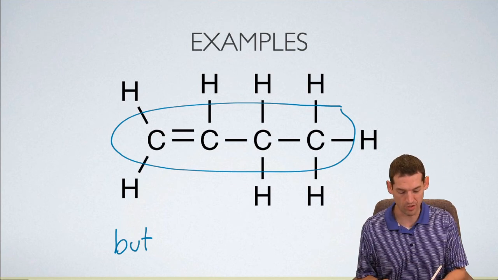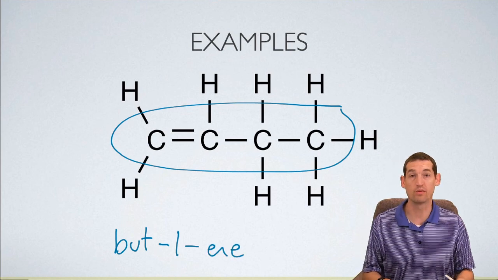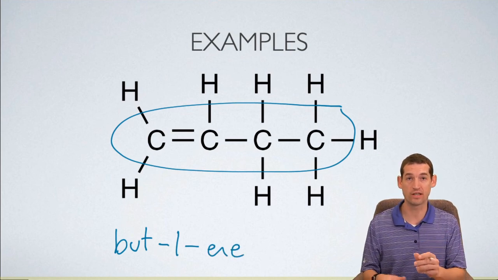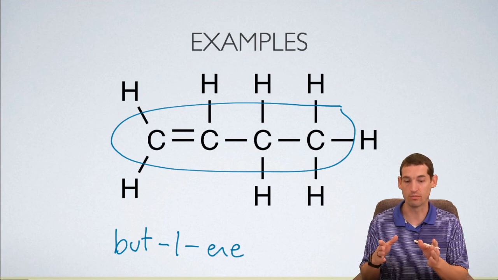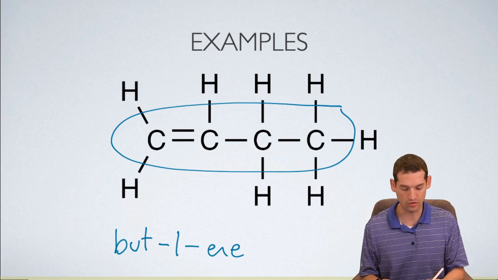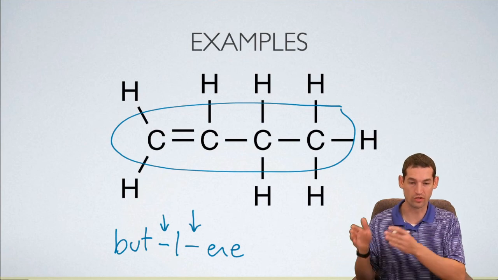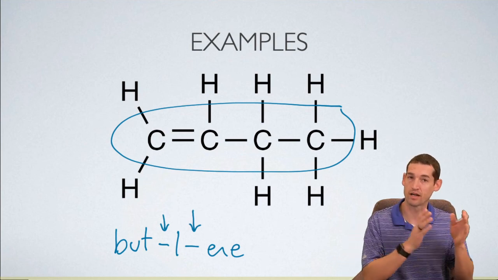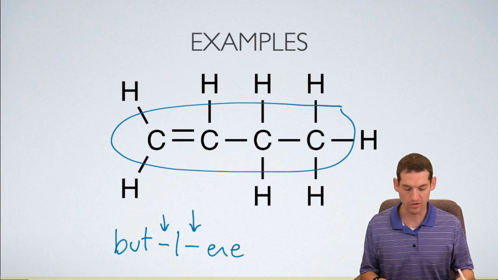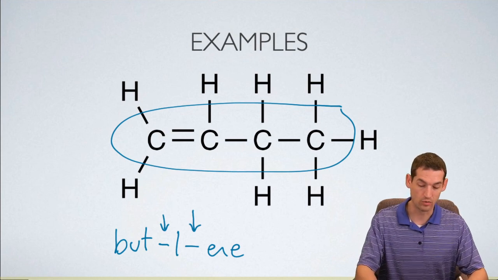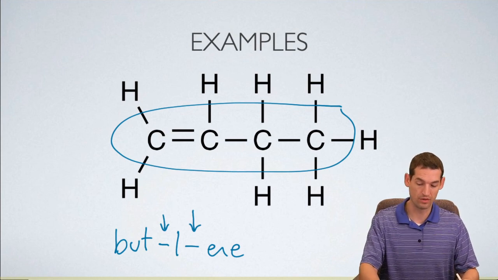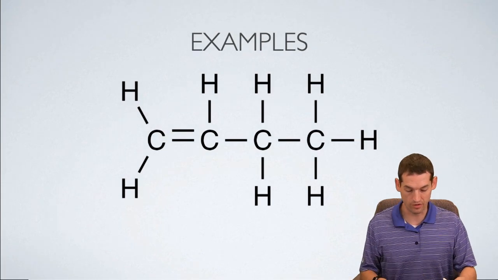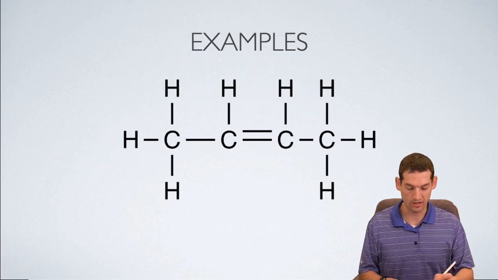So this is a but-1-ene. Remember that dashes always go anytime you move from words to numbers. So I have to have these 2 dashes right here as I go from words to numbers and then from numbers back to words. So this is a but-1-ene, which should make the next example fairly easy for you to do. And that would be a but